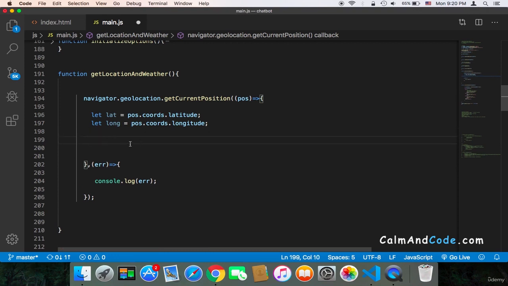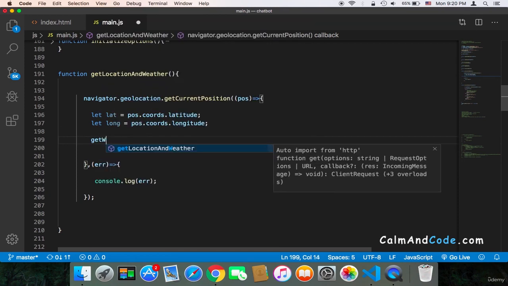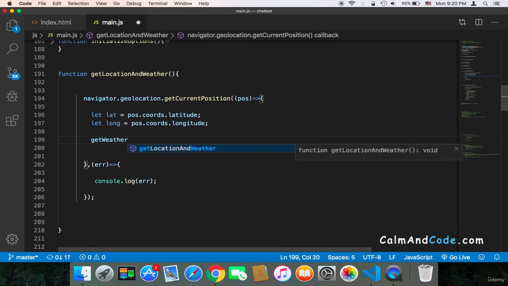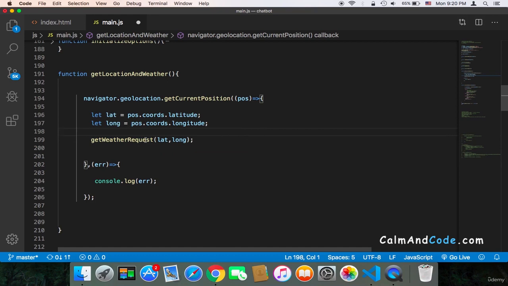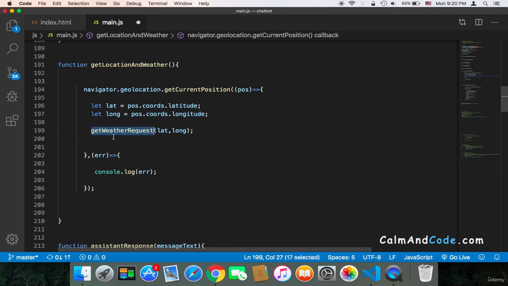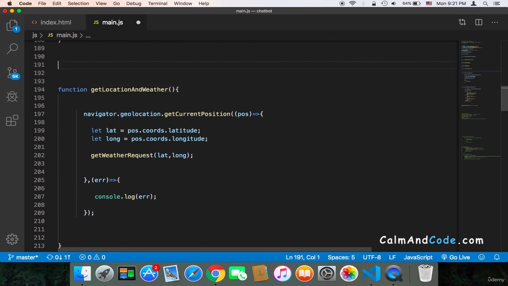And here I'm going to create a function, getWeatherRequest, which is a function that is going to be executed and get the weather from an external service. And I'm going to obviously pass the latitude and the longitude. So let's create this function. So here I'm going to create it, function